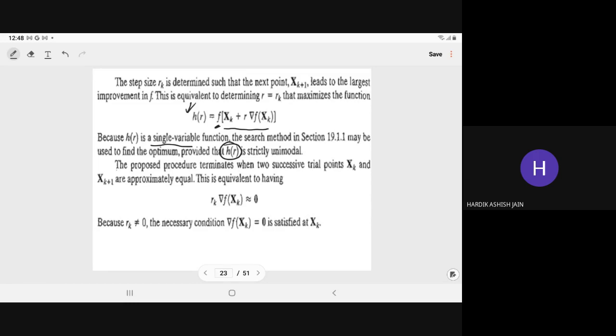We continue until the gradient of f is equivalent to 0. If it is equal to 0, we have the exact point. But in the iterative method, generally we assume we never have the exact point, so we assume it should be equivalent to 0. Equivalent to 0 means we are following the necessary condition of optimality.